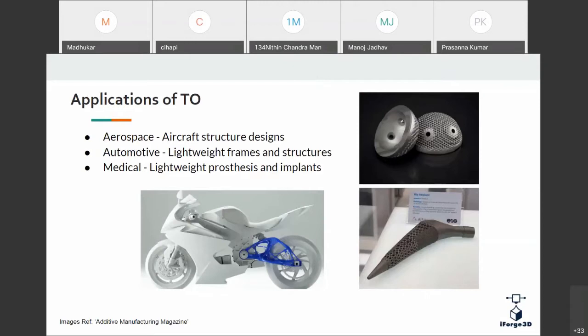In medical, if you observe, we don't have similar faces or similar hands or legs. So every implant you design for a patient is totally customized and totally different. Till now, what are the traditional approaches the medical field members like doctors or surgeons are following?